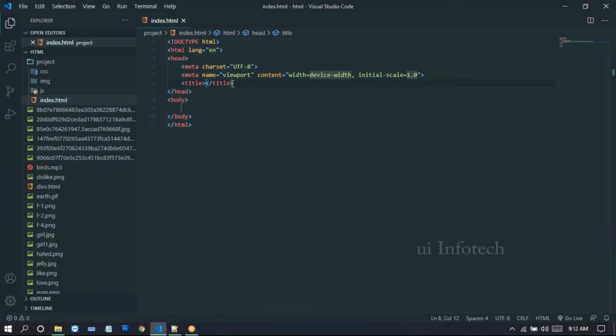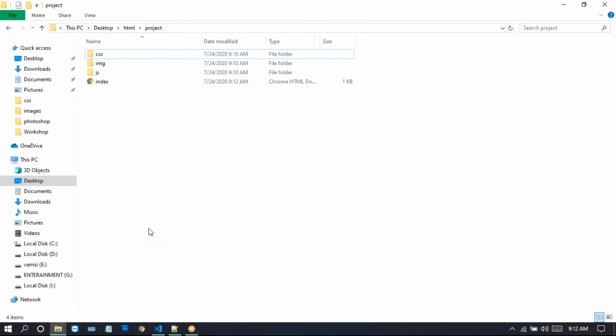Here I'm giving the title as project. Now go to this folder. See, the project folder contains the CSS, images, JS folders and index file.